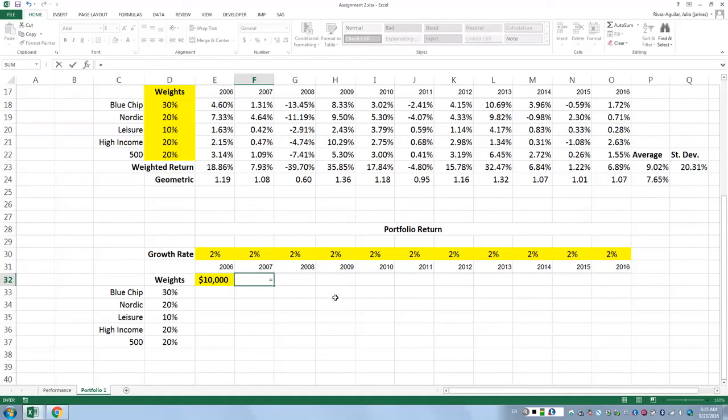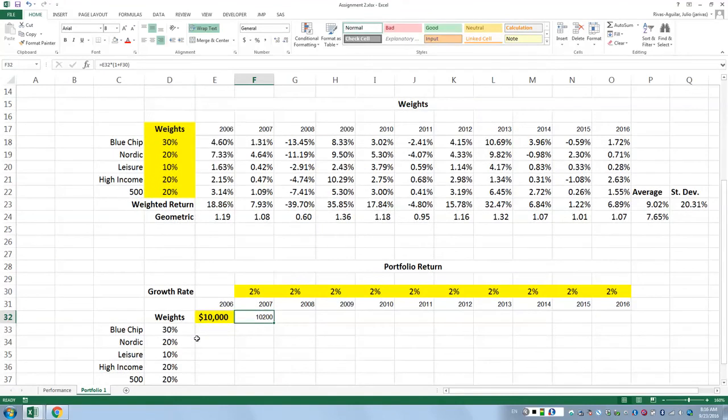Now, since we're starting in 2010, it's not growing in 2010, right? It's starting at $10,000. So how much are we going to have at the beginning of the next year? Well, this amount, right? 10,000 and 200.